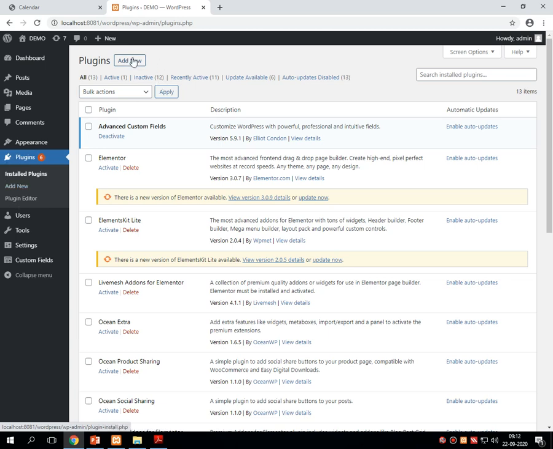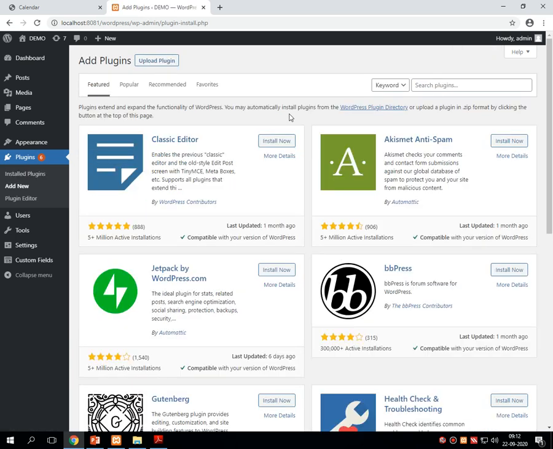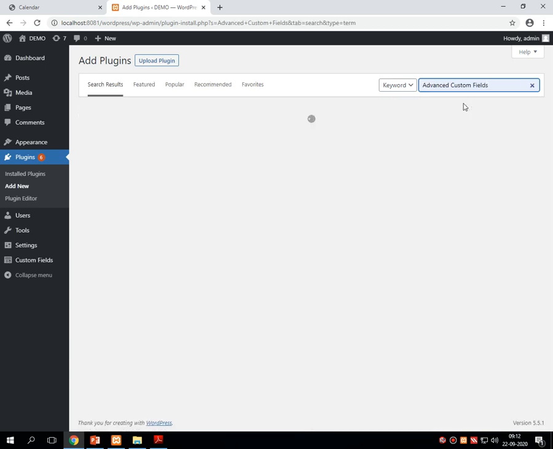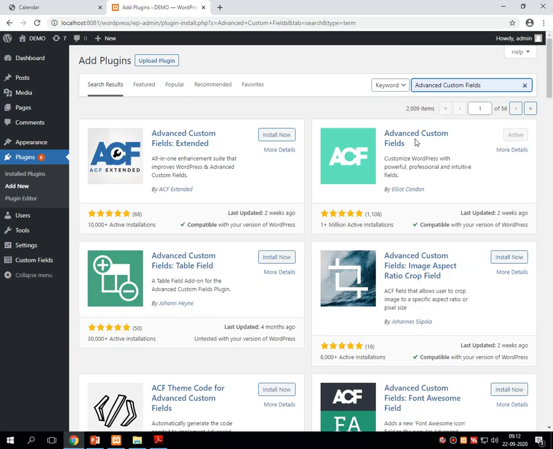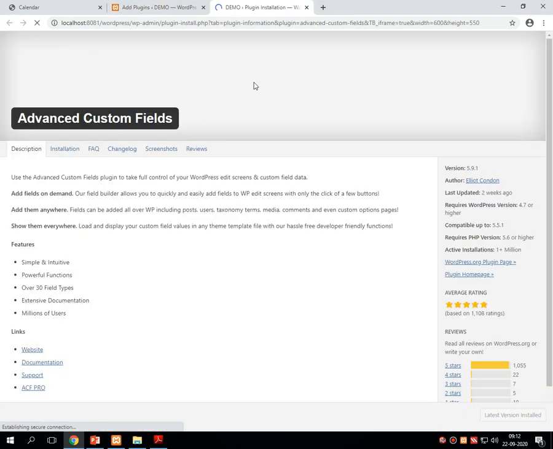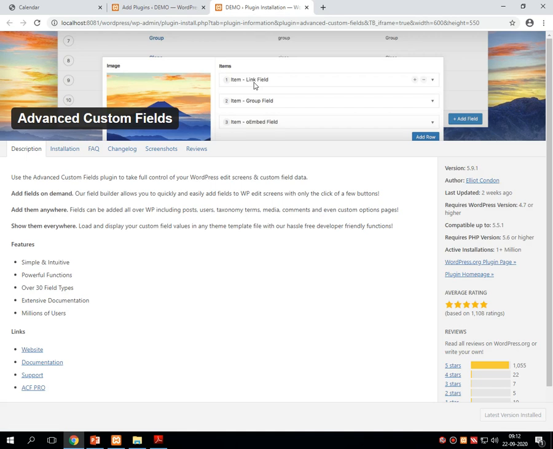It might be possible that you have forgotten how to install the plugin. So just go into plugins, press add new, search for advanced custom field. If your internet is connected, you will get advanced custom field here by Elliot Condon. We require this plugin. So let's first see the details section of advanced custom field, which demonstrates the purpose of advanced custom field. Theory we can see in this particular section.